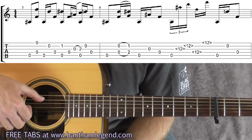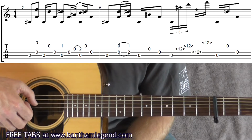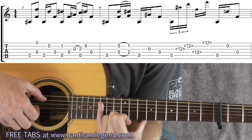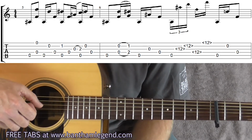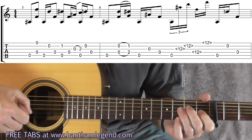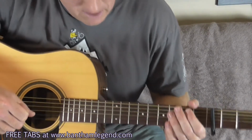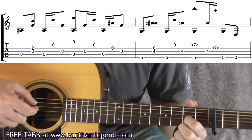Do that again. 5, 3, 2, 4, 1, 5, 2, 4. Except you can have your little finger covering strings 4, 3, 2 and 1. So it sounds like this. So the whole of the 6th bar you've got, like that. Then into the 7th bar, most of this bar is played on open strings, apart from the 2nd